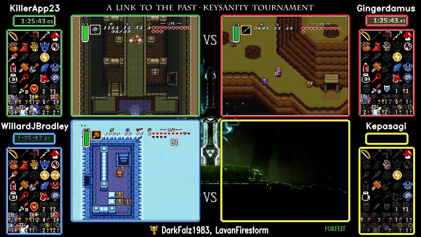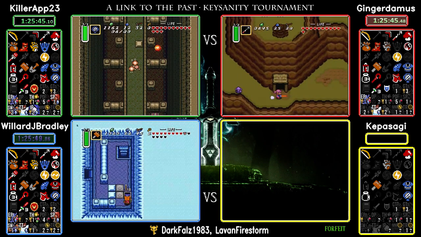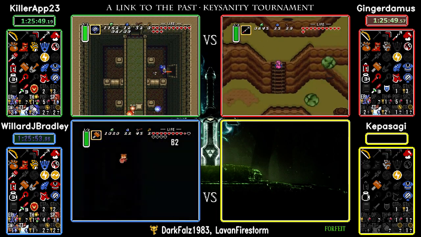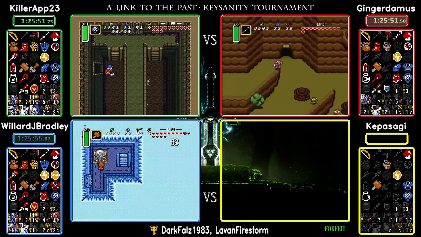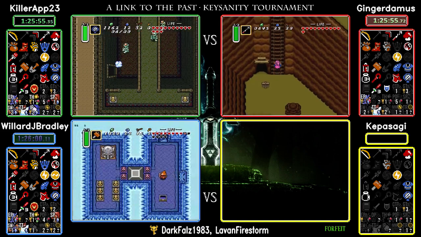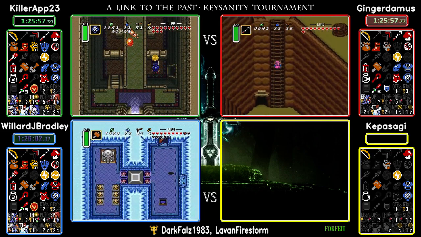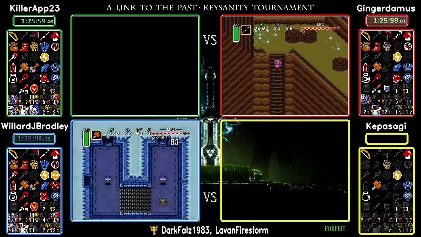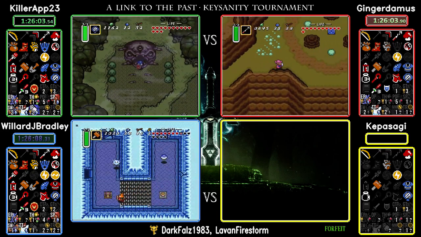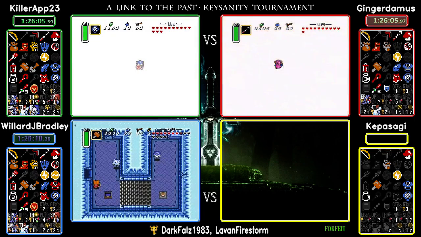Looks like gingerdamus is going to go finish off Terra themselves now. Finish off Terra, isn't that Final Fantasy VI? This is Link to the Past. Did I say Terra? What, I meant Hera? It's okay. Happens to all of us. I have been hoping for a Terra Sprite, so...